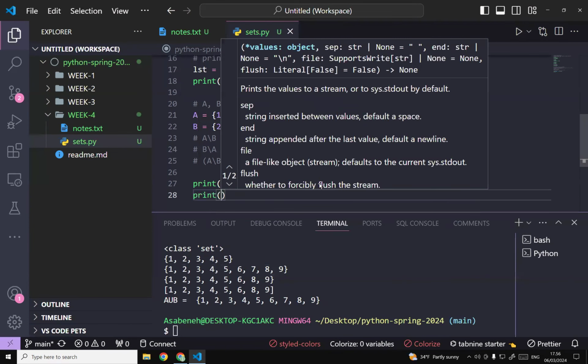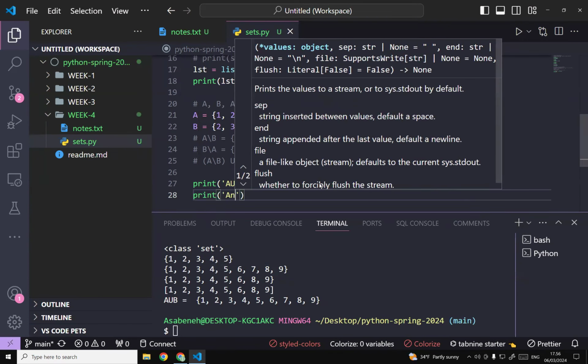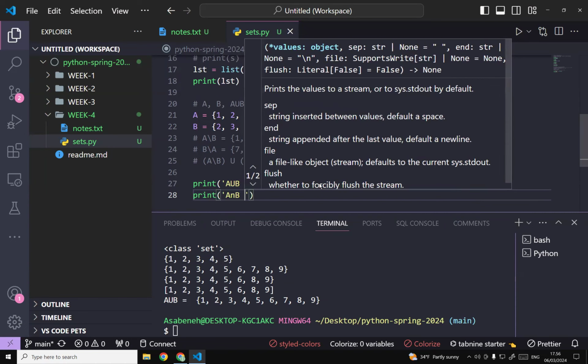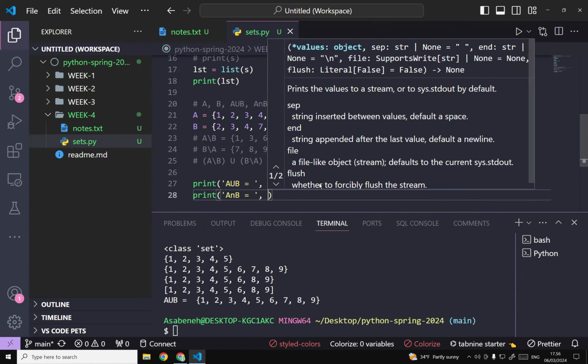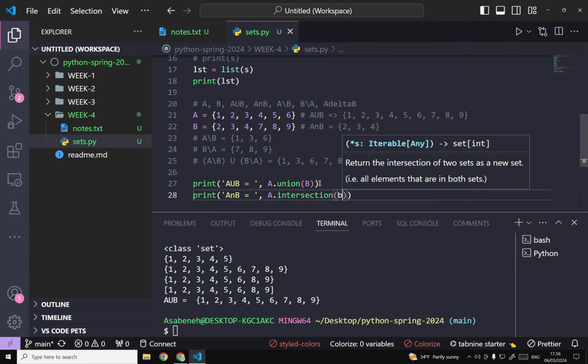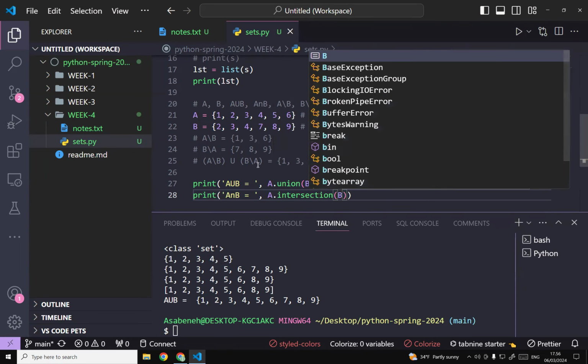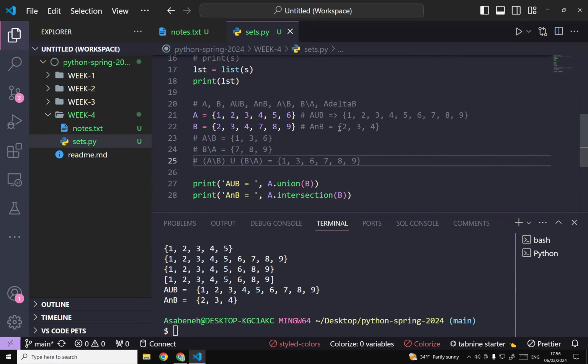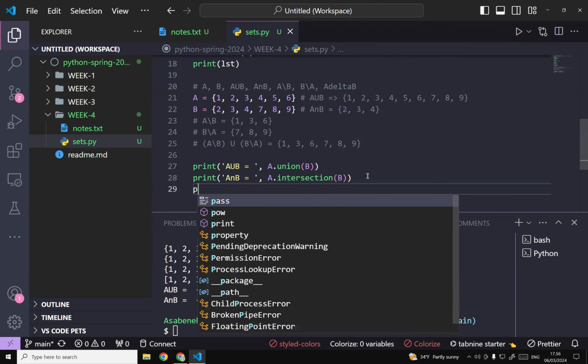Then print A intersection B. And then A dot intersection B. And then I should get the same result here, 2, 3, 4. That's great. And then print